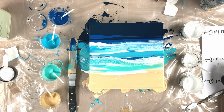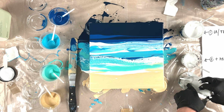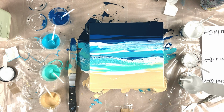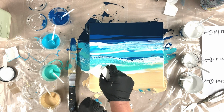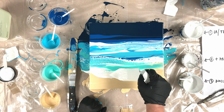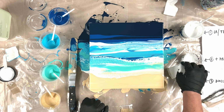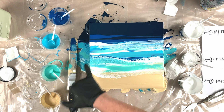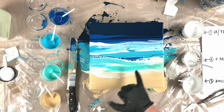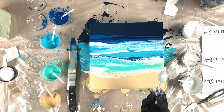And the last one is the Aussie Floetrol. We're going to go from this end. Now, what I don't like is this harsh line there and this harsh line there. So all I'm going to do is with the back of a spoon,